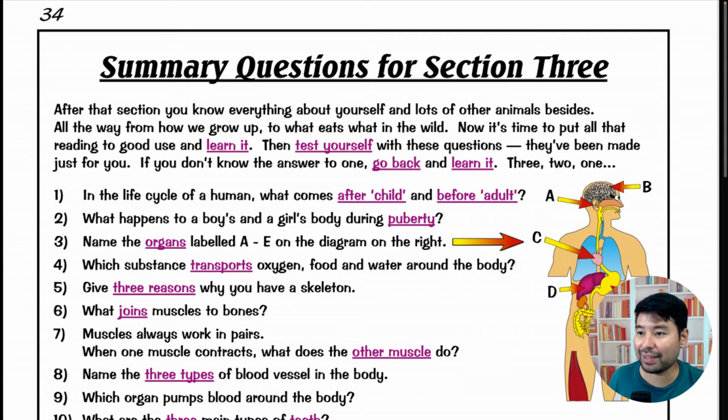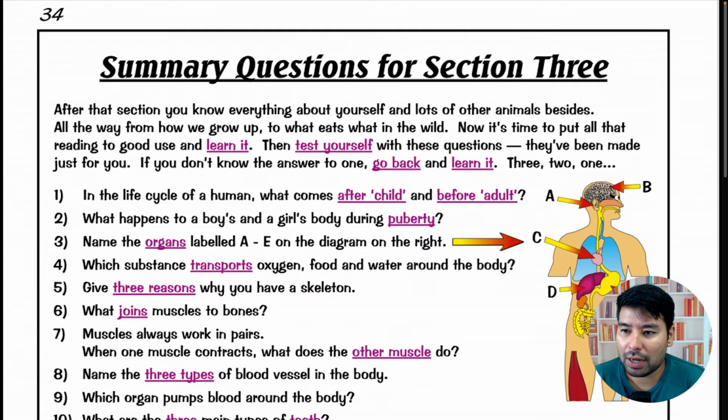Okay, we get here, right? Summary questions for section 3. We are on section 3, yeah, and then we have the summary questions, ou seja, as questões, né, resumidas aí de tudo o tópico que nós lemos, tá bom? E eu vou ler o tópico, vou fazer alguma explicação rápida aqui dessa primeira parte. Eu vou ler as perguntas e daí é com vocês, tá bom? That's gonna be the final part.